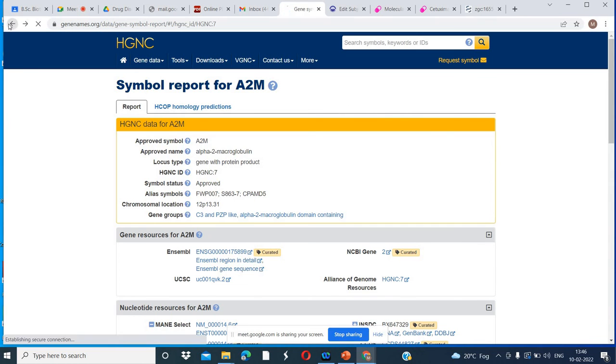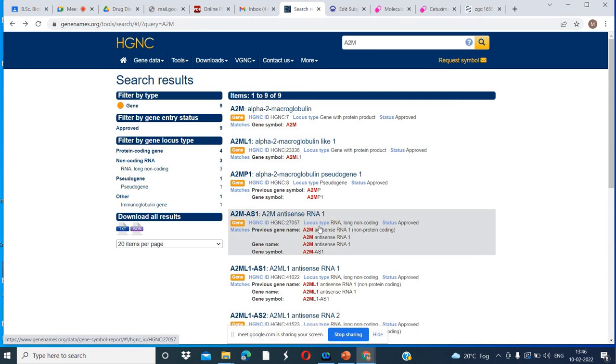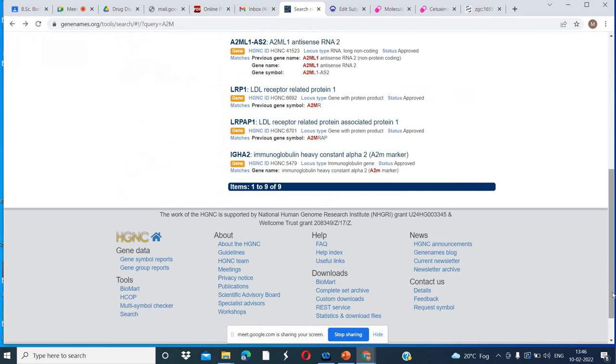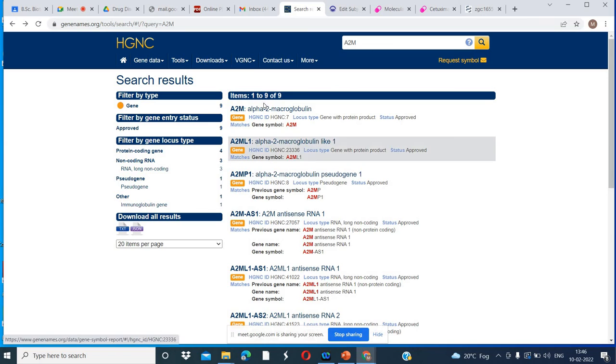Now we are going back to where we started. Here on the HGNC first page you get all the entries of the same gene. We have a total of 9 entries, items 1 to 9.